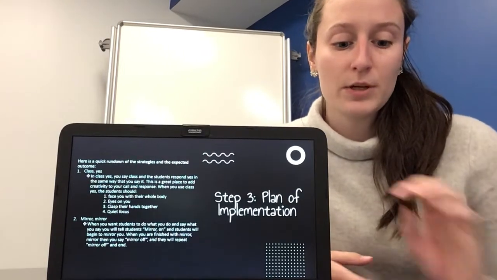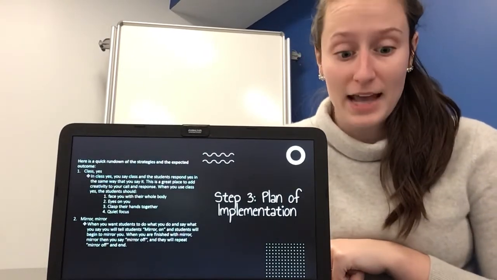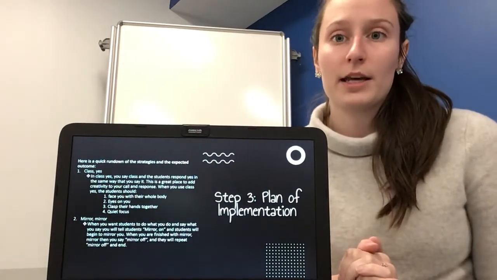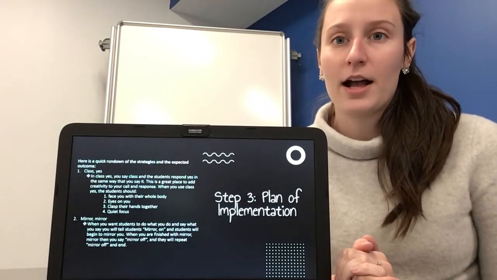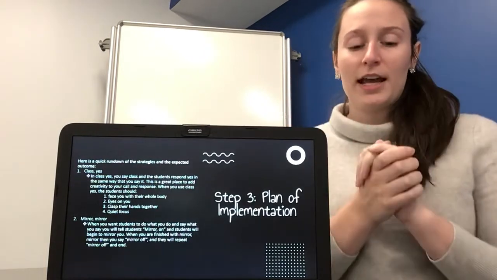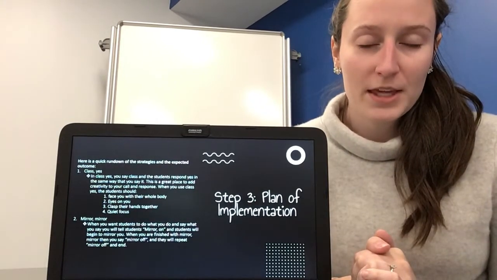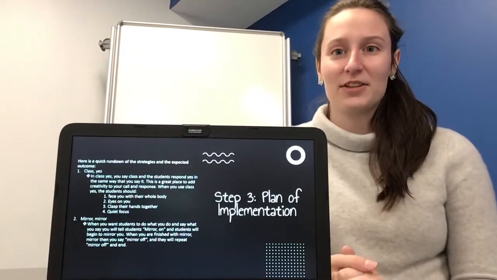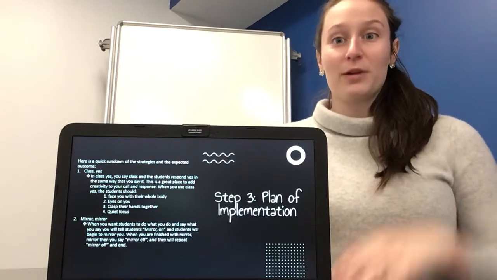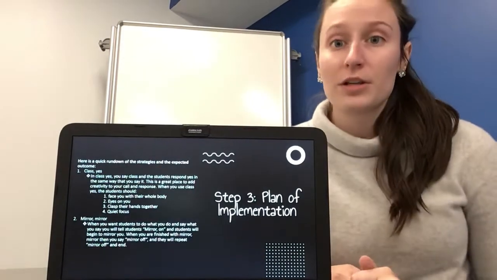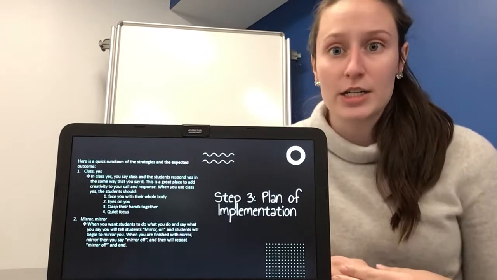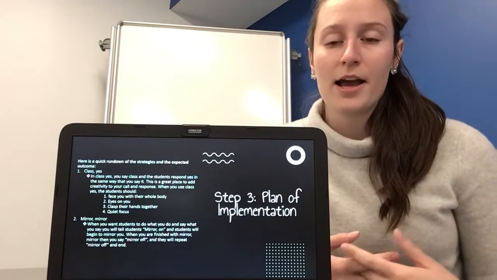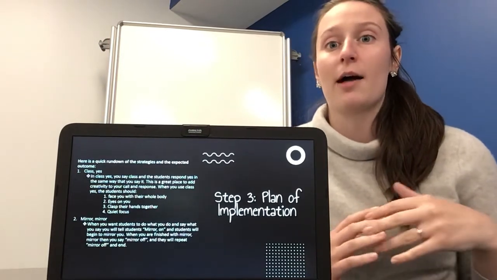This is where students do what you do and say what you say. When you introduce this, you explain to them that when I say mirror, mirror, then you typically make a hand gesture and you will say mirror on, and then students will mirror exactly what you do and repeat exactly what you say. So if you say I am this tall, then they will respond with I am this tall. This is a really great way for students to repeat directions, repeat instructions, just to follow what you do, get some movement in their bodies, and help put a physical movement to maybe a vocab word